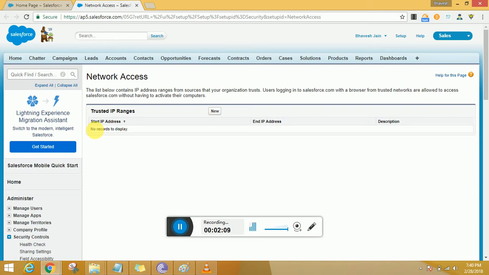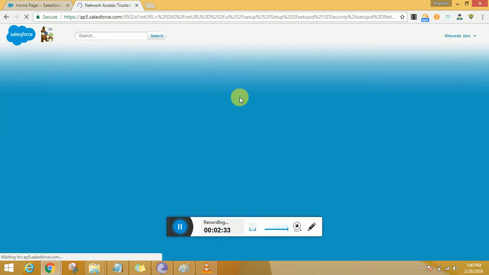So for those companies who are willing to stay very much secure, so that users are not allowed to connect to Salesforce once they are outside the office network, it is very important for them to use this trusted IP range. All you've got to do is click on New, enter the start